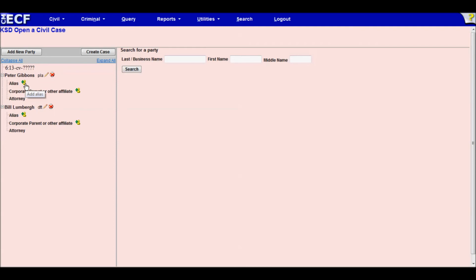The third icon is used to edit a party, alias, or corporate parent. The Collapse All hyperlink displays only the parties in the case with all other information collapsed in the tree. The Expand All hyperlink displays all parties, including aliases, corporate parents, and attorneys. Each branch of the case participant tree can be expanded or collapsed individually by clicking on the plus and minus